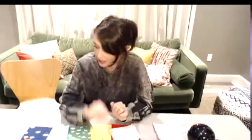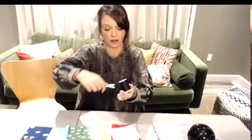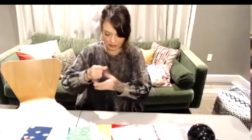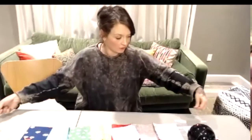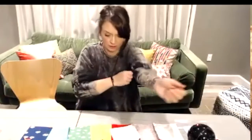Okay, so you get that out. Get you a piece of thread, arm's length, right? That's about how long I go. Any longer than that, and I'm tangling up all over the place. So arm's length is a pretty good distance. Okay, so you get your needle